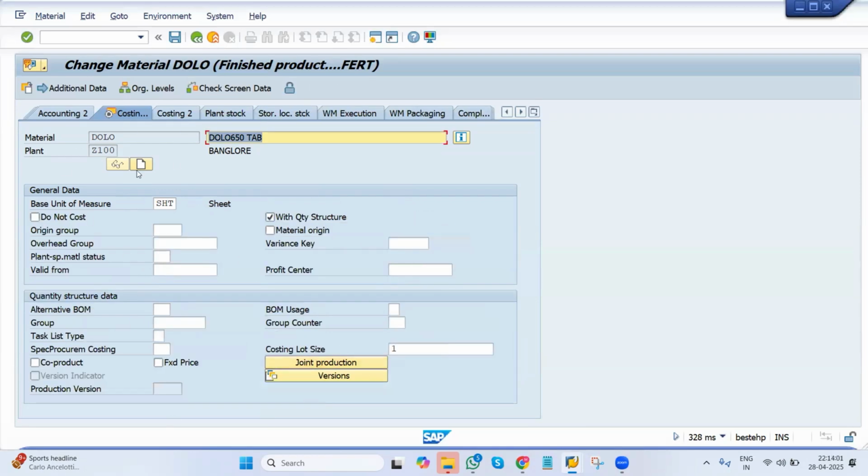And we don't have any important field in the costing. And that's it. So we are done with the material master controls. Only these fields are important in material master. Okay, so we are done with the creation of material master. And also one more concept is there,